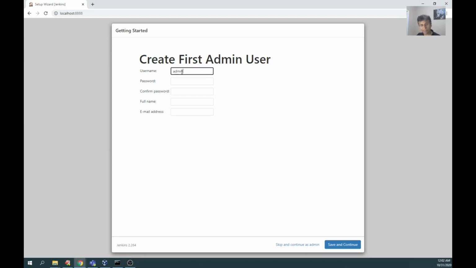We can call him admin. Password is admin. Confirm password, again admin. Full name, admin. Email address, admin at hotmail.com. No, sometimes the email will come, so I'm going to give my personal email ID.